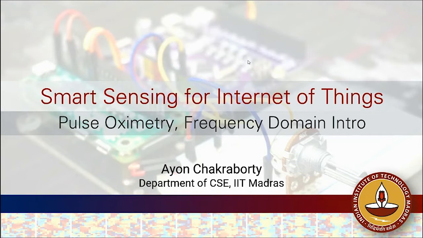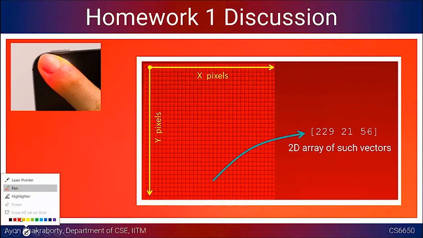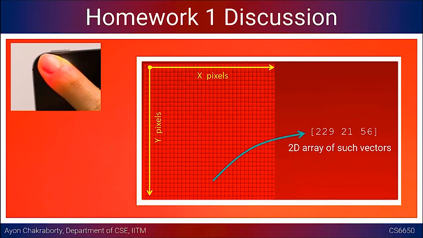Okay, so before going into that, I guess you have all looked at the homework. So I'm just pulling out slides from the last class's discussion. Hope you have already read it, right? So you have to collect 3 such videos, and I have told 3 specific activities, particularly to figure out the difference in the heartbeat that you are going to see. In case you are resting, the heartbeat rate that you are going to see will be quite low, depending on your health, your body. So you are going to see something like 60, 70, 80, right?